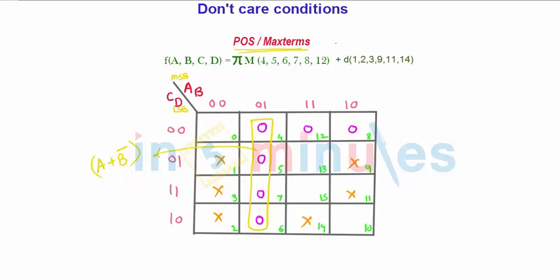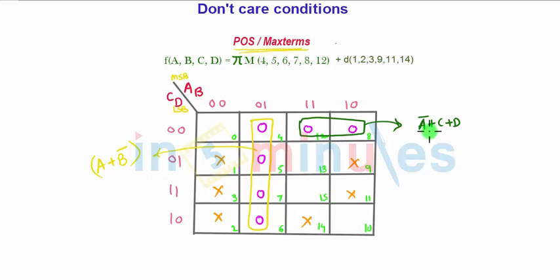I will make a group of 2. So here is the group of 2. We can make this one, and we will write down the equation for these two as, first you need to go straight upwards. You will find one bit common that stands for A, and which is 1. So I will treat it as A bar, and go straight leftwards, that is nothing but the first row, which stands for 0, 0 respective to bits CD. So I will write down plus C plus D.